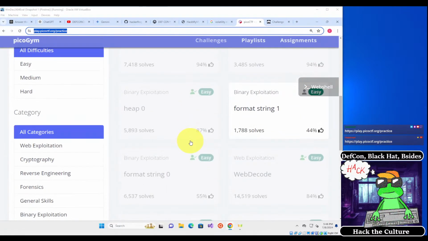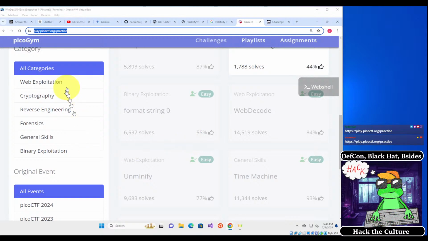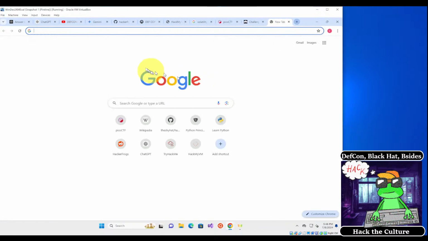Basically, I'm a big cheerleader for picoCTF because it's very well documented. So if you ever get stuck in a challenge, you can always look up the solution on here. The other thing that I would recommend, especially for web app practice, is to take a look at